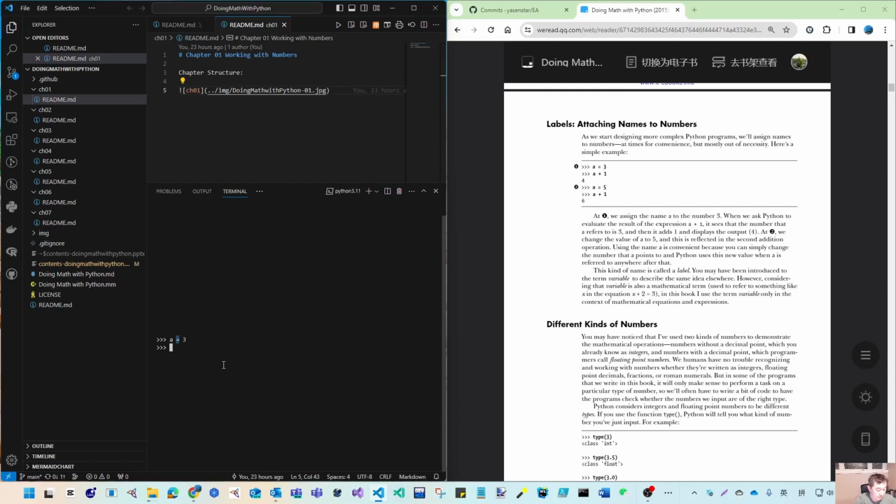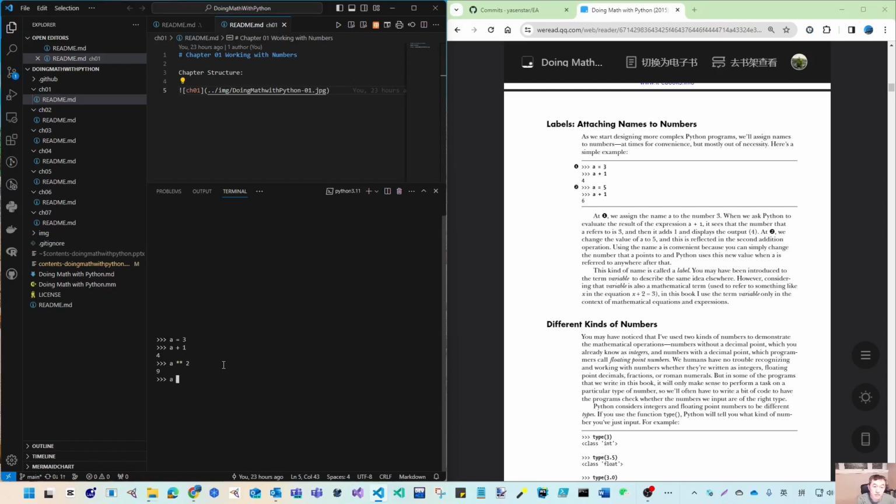So whenever we use a in an operation, a plus 1, you get 4, because a will be replaced by our actual number 3. And if you say a